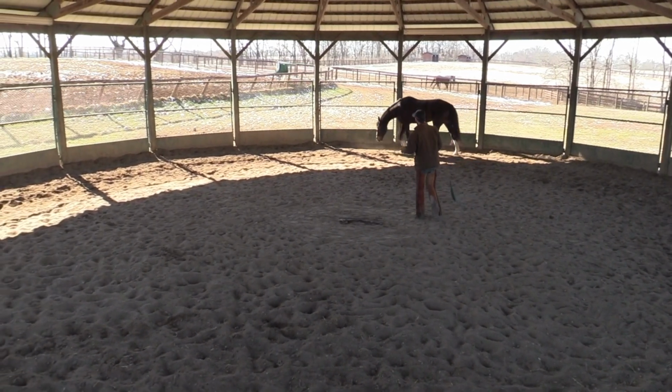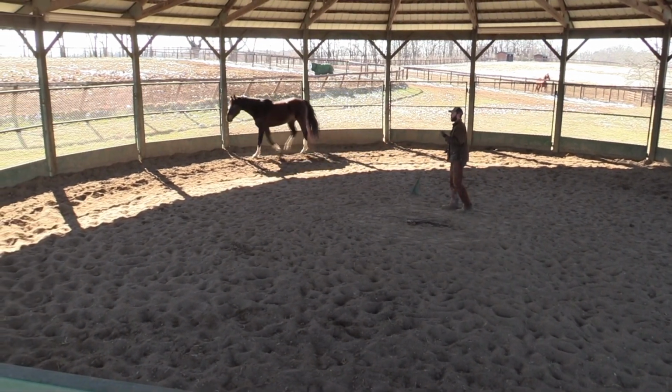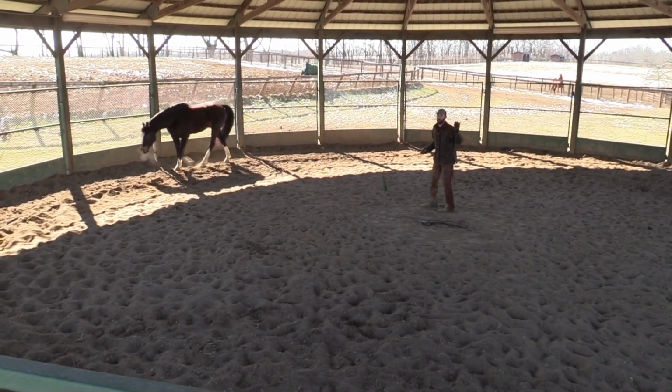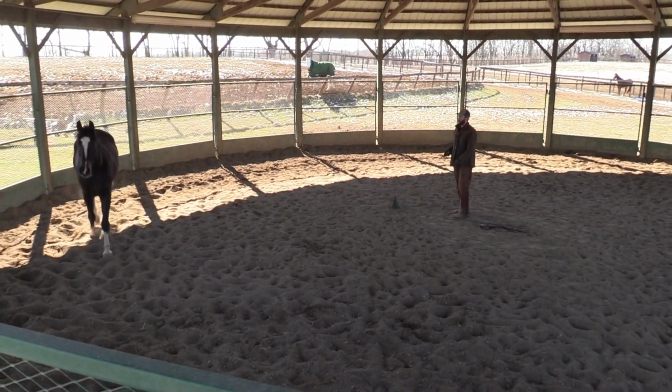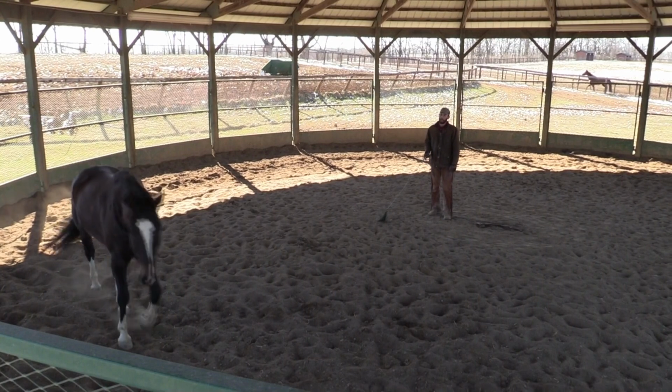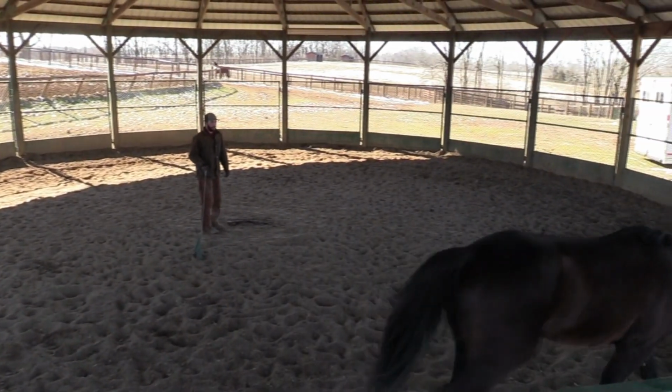So the fact that he went around and trotted and I asked him to canter a little bit both directions for a few minutes now, I don't know whether it's been 5 or 7 minutes or how long it's been, I'm going to let him spend time just walking. I don't want him to go, okay, we got the walk, now let's go trot, because then he's going to go, oh, okay,